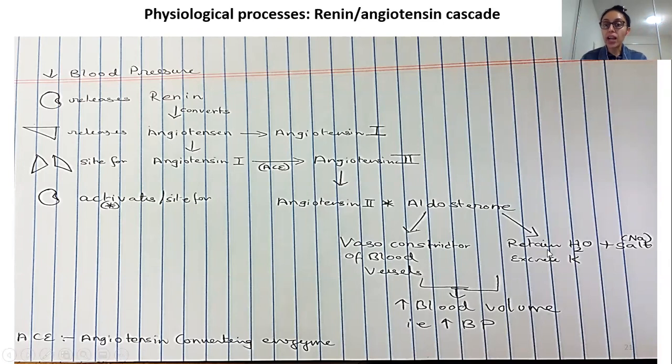And on the other hand, what aldosterone does is that it retains water, because it wants to increase the blood pressure. But when it retains water, you also automatically retain sodium, and sodium and potassium are opposite in nature. When sodium is retained, potassium will be automatically excreted through your urine. So there is retention of water and sodium, and this net effect increases your blood volume, which increases your blood pressure. So yes, this is a normal healthy mechanism.